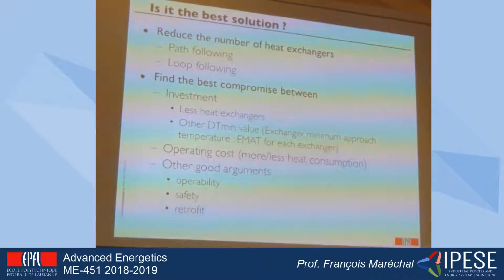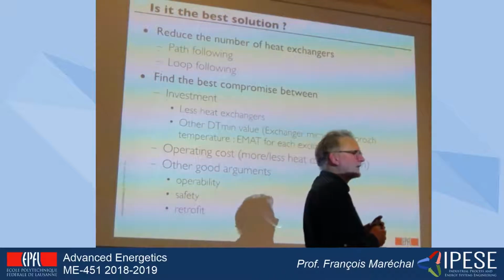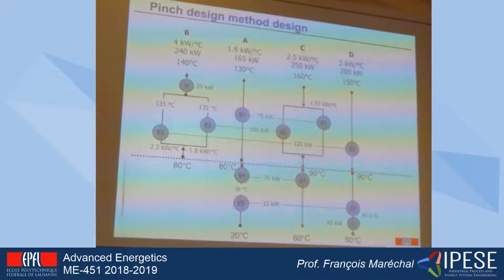Okay, and for this I would then have to introduce a new notion of the delta T minimum, which is the delta T minimum allocated to one heat exchanger. That is what we name the EMAT, exchanger minimum approach temperature. So how can we do this? So let's assume that I have this design,